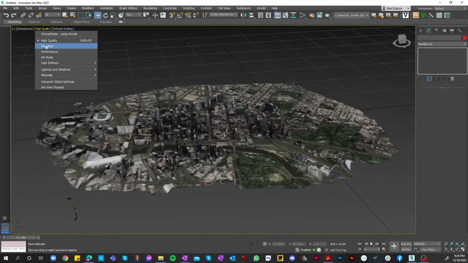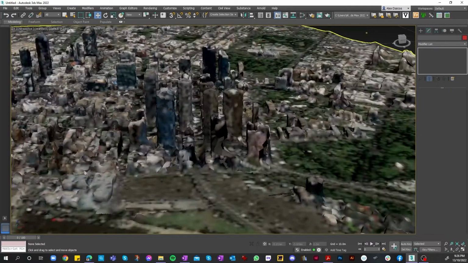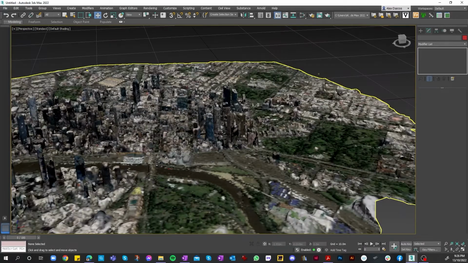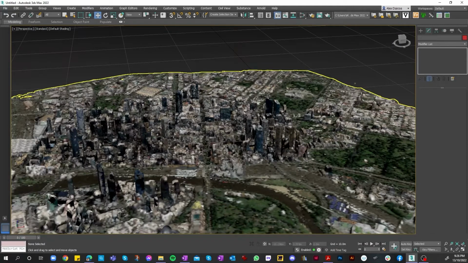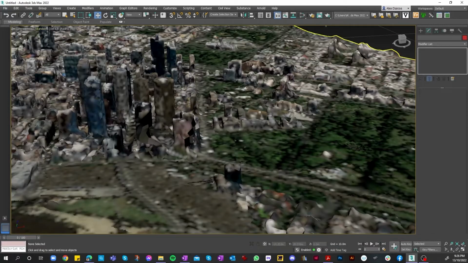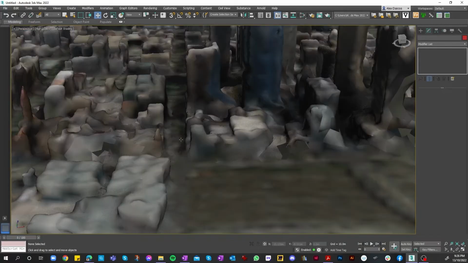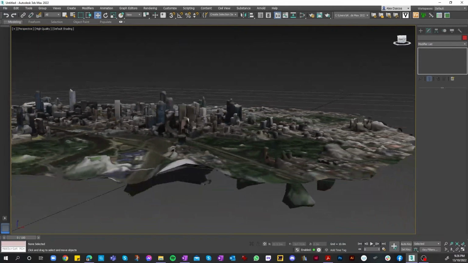Otherwise, if you have it in standard mode, your mesh textures will be less than desirable. So it's advisable to have it in the high quality mode. So with that being said, and that being imported,